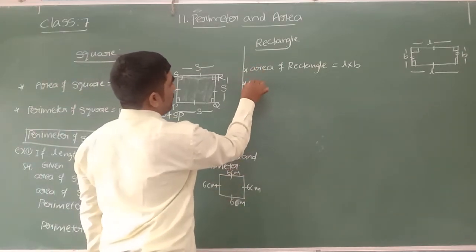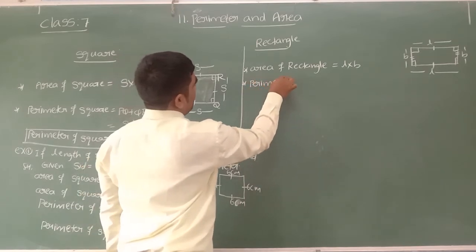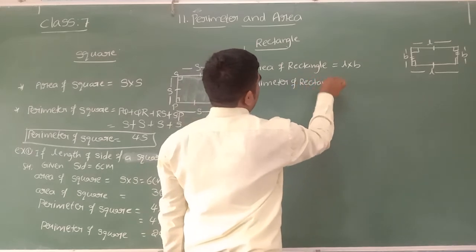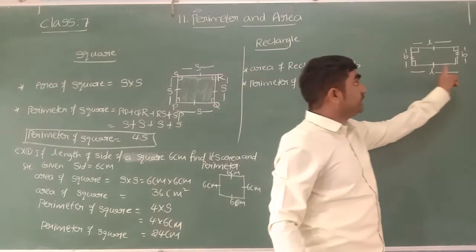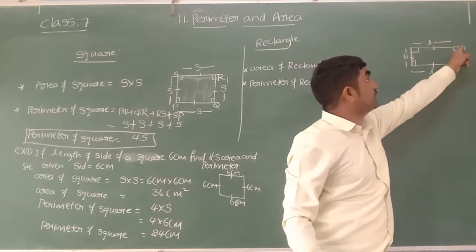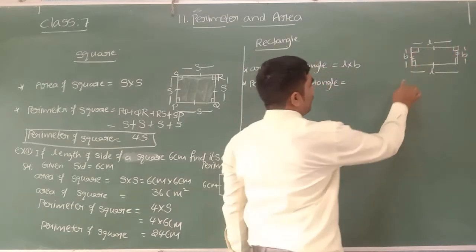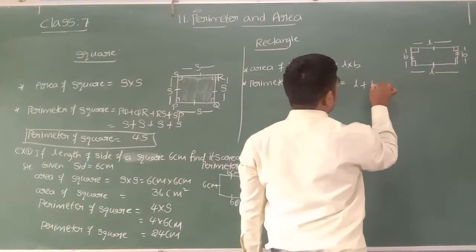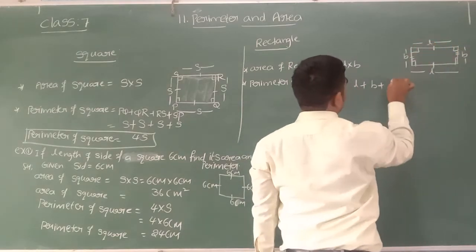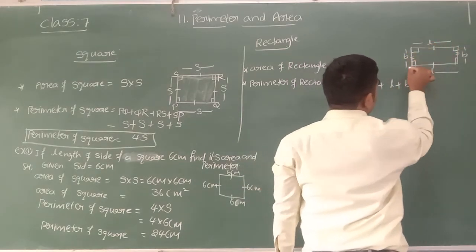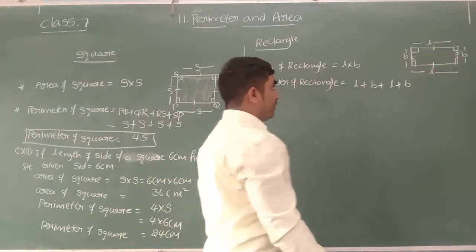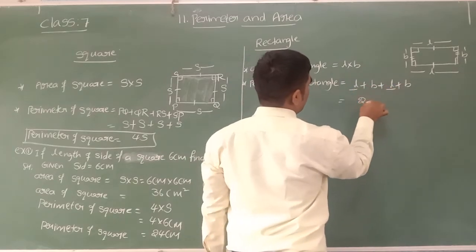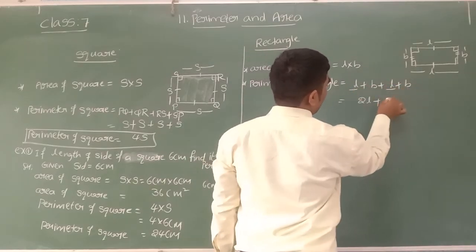Now how can you find the perimeter of a rectangle? I said perimeter is nothing but the total length of the boundary. So let us find the total length of the boundary to know the formula. This boundary length is L, and the next boundary length is B. L plus B. So I am trying to add the lengths of all the boundaries of the rectangle. Simply we will take L plus L, how many L? 2L, plus B plus B, 2B.